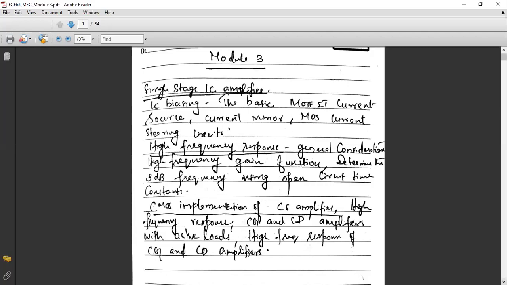If the current flowing through a circuit is beyond a particular value, then it will affect the entire performance of the circuit. So we need to be very conscious while designing the biasing technique of a circuit, especially when the circuit is made up of MOSFETs. In the first module, we discussed many biasing techniques of MOSFET, right? Here we will be discussing the biasing techniques of an IC.